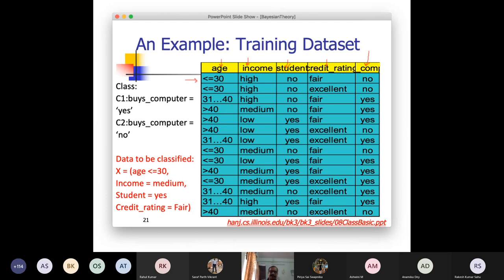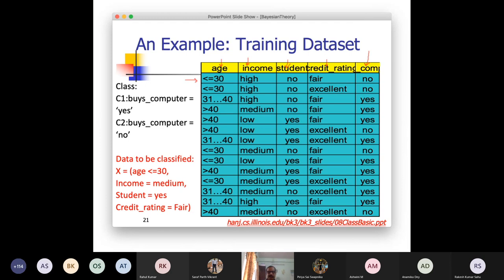Given this data set, I need to find out what should be the posterior probability of C1 given this instance. So if I use a naive Bayesian classifier, I will find out the likelihood of a person being age less than or equal to 30 for class C1. Similarly, what is the likelihood of age less than or equal to 30 for class C2, right? I need to do that